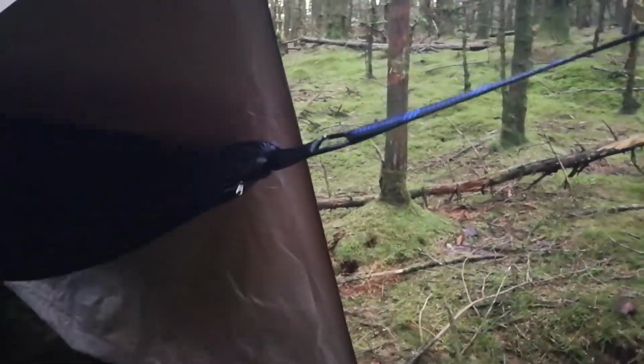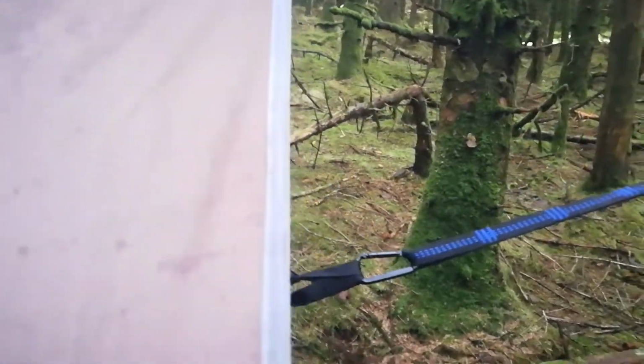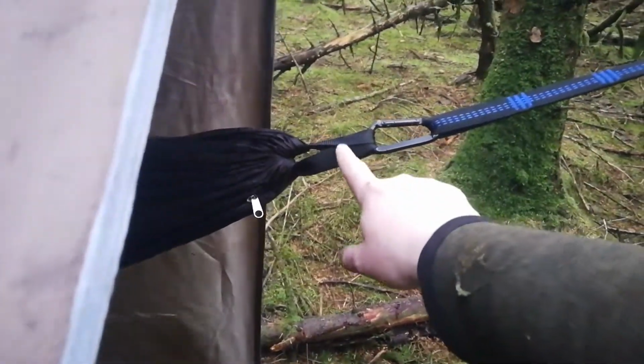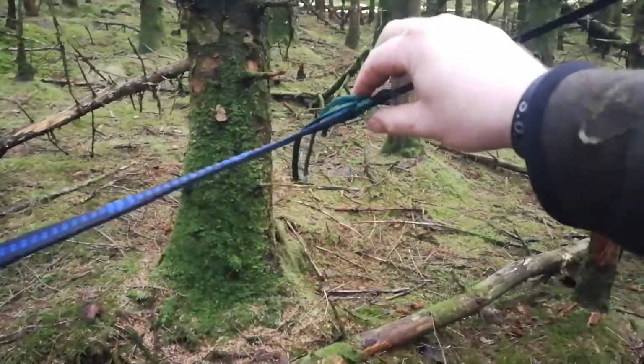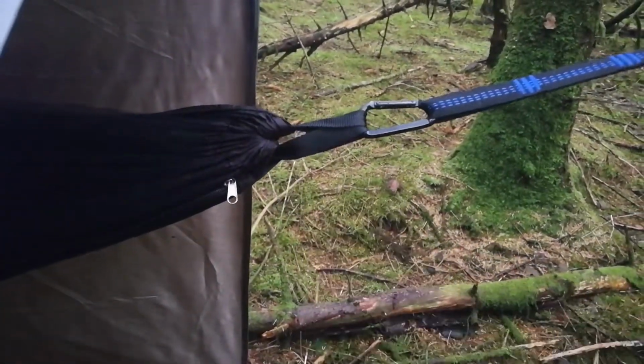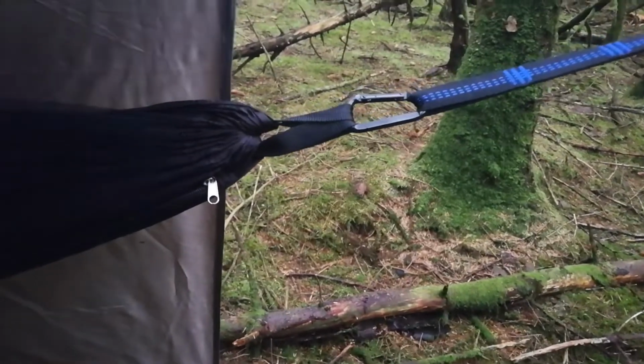And that is the hammock almost completely covered. The rain might hit there, but honestly I might put a ton of drip lines. I could move these drip lines down to here, hang them off of here, hang them off of there. But yeah,